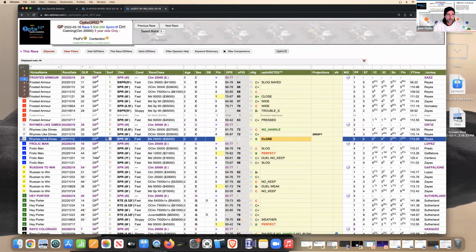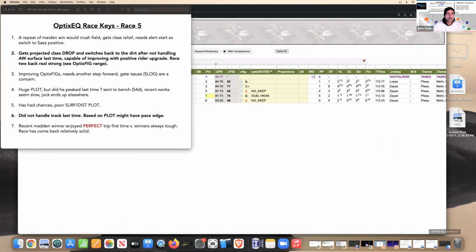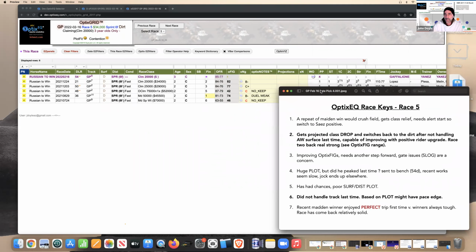I'm going to start with the 4 because that's the horse that is going to be the favorite and the big one. He's coming off a layoff, and here I've got my notes on the race. Number 4 has got a huge plot, rushing to win. But did he peak last time? I mean, he ran an 82. He's kind of an in-and-outer, right? He's run a 46, a 74, a 42, a 7. Now he's had 2 good races, and he's hit the bench. Concern there. The other concern is I noticed that Lopez